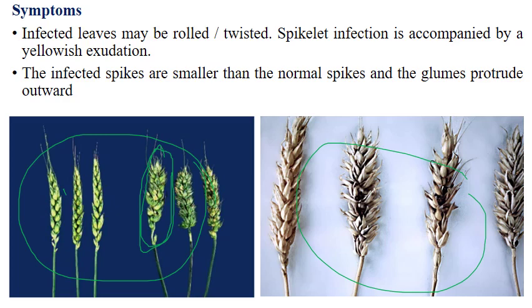the bacterial complex disease. In this disease, the spike length or the inflorescence length can be reduced, as well as the infected leaves may be rolled and twisted, and the spikes can also produce yellow color exudation. And as I told you, infected spikelets are smaller than normal spikes, and the glumes protrude outward. Here the glumes are reduced in size, and yellow color exudation can be